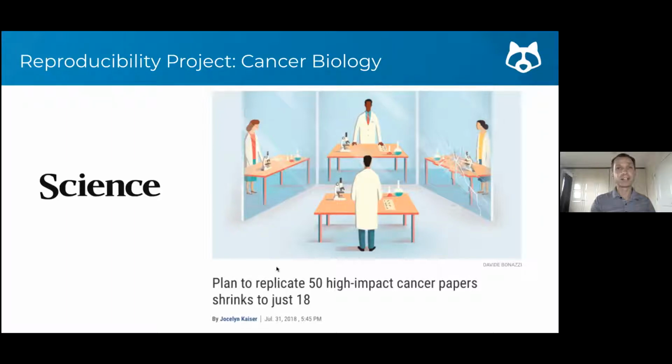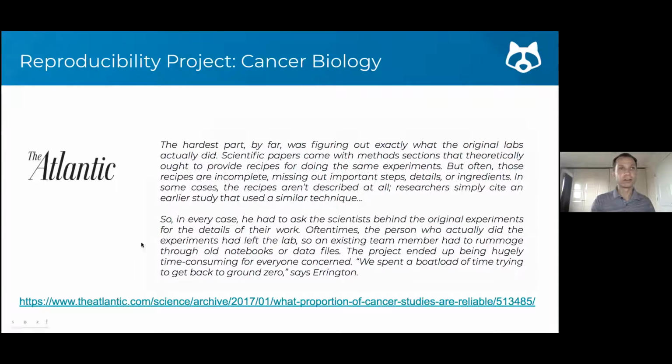And you can see that instead of replicating 50 papers, they wound it down at just 18. A big component of why it was so hard and why they couldn't do all 50 was the missing methods. So on the next slide is one of my favorite stories around this.